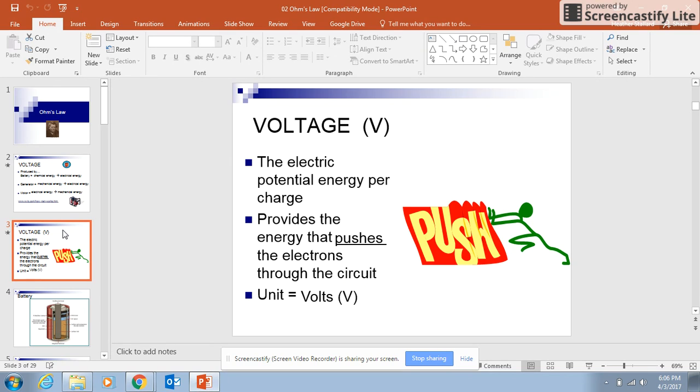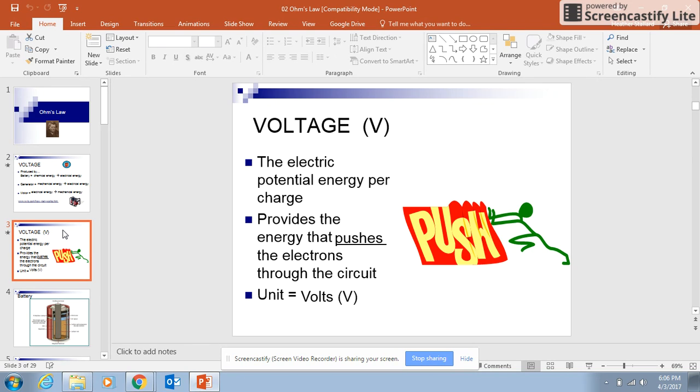So let's talk about voltage. Voltage will be symbolized by the letter V. The definition of voltage is the electric potential energy per charge. If you think about voltage, many times you can think about those batteries that we just discussed. So if you think about those batteries and how you have that chemical energy, it's like stored up energy. So sometimes that helps you to remember that it's the electric potential energy per charge, because it can be changed into that electrical energy. What voltage actually does, though, is it provides the energy that pushes those electrons through the